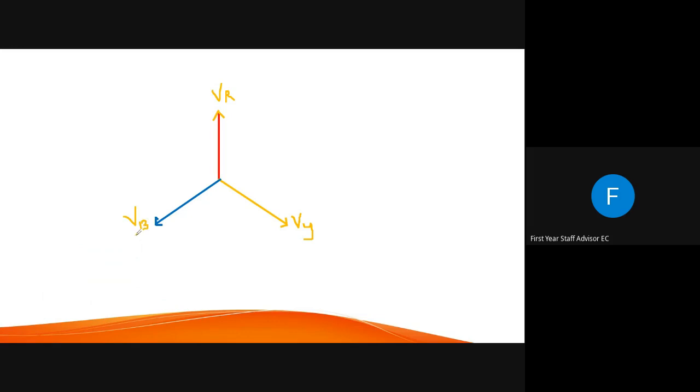In the case of delta, we are not talking about voltage. We have already said VL is equal to V phase. So we are not talking about voltage. We are actually just talking about current, line current and phase current. By drawing this phasor diagram, there is actually no use. But what I am going to do is draw the current phasor in this diagram.